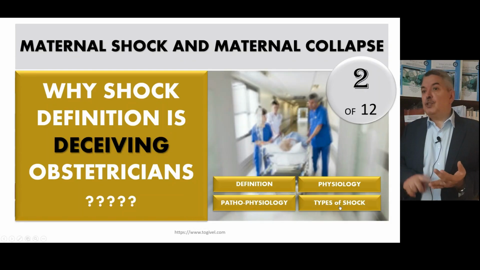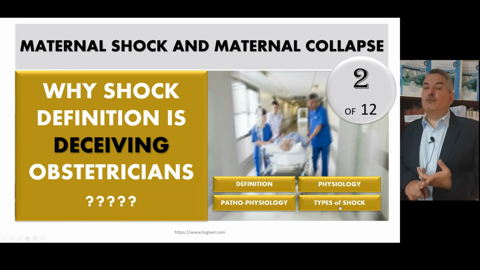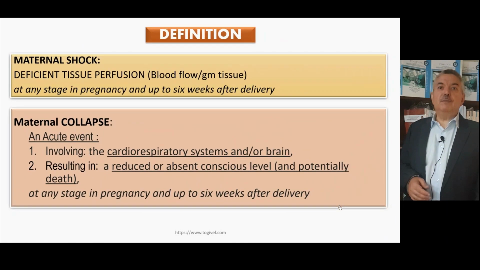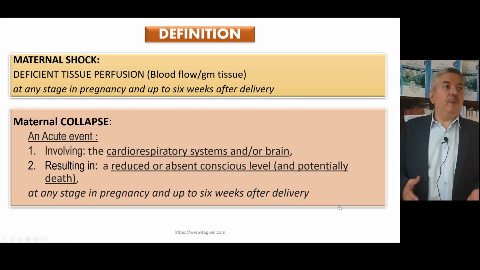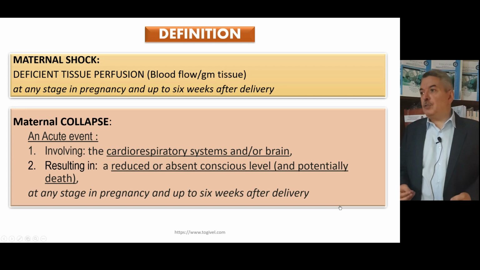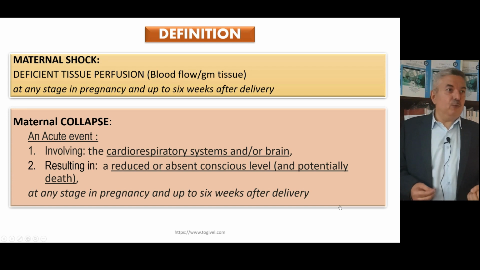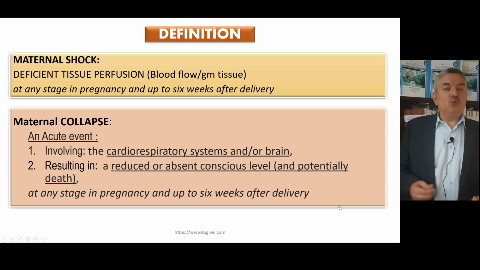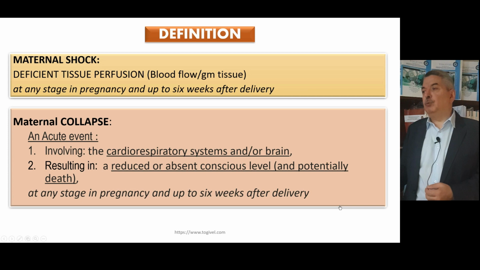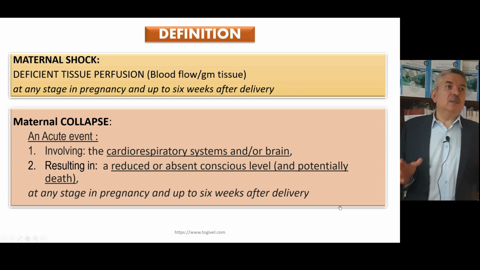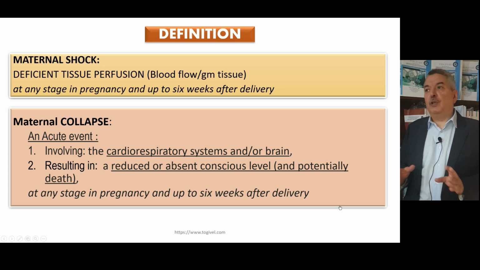We will discuss the definition, physiology, pathophysiology, and types of shock. Definition of shock is deficient tissue perfusion, deficient tissue perfusion with blood to bring nutrients, to bring oxygen. The deficient tissue perfusion, blood flow per gram tissue, is termed shock. If it occurs at any stage in pregnancy and up to 6 weeks after birth, it is termed a maternal